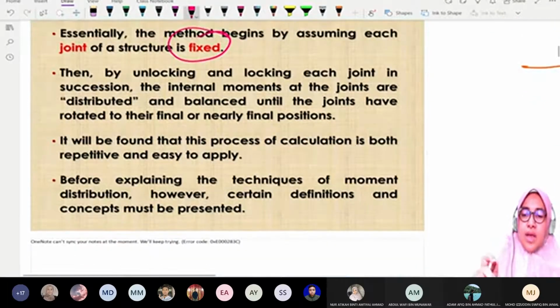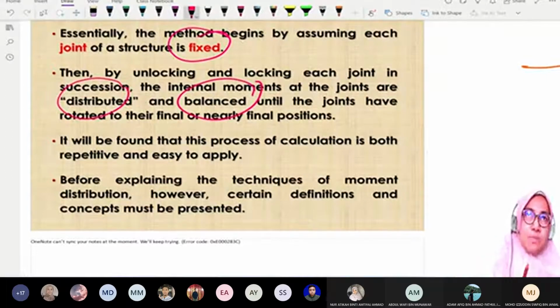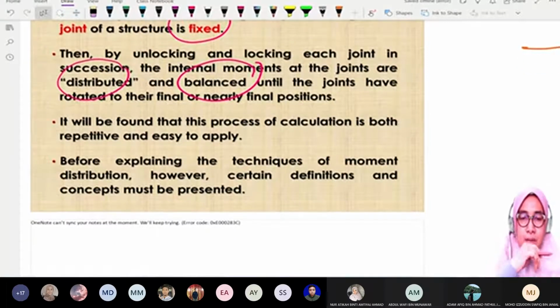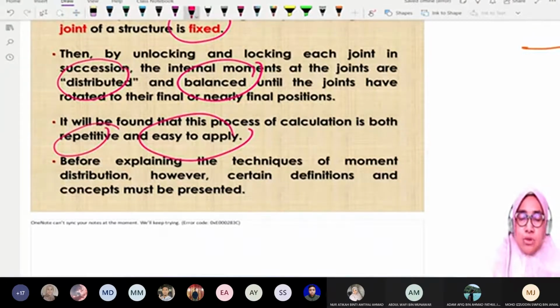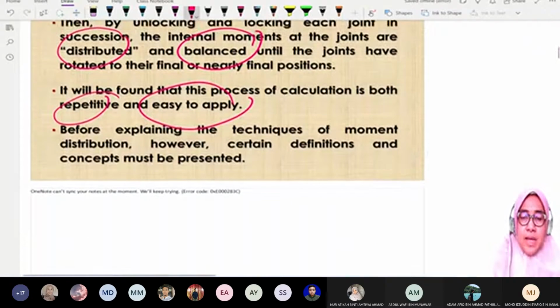Then we have to distribute and balance in the table. This process will be done in table form. The process is both repetitive and very easy to apply. That is why I said just now